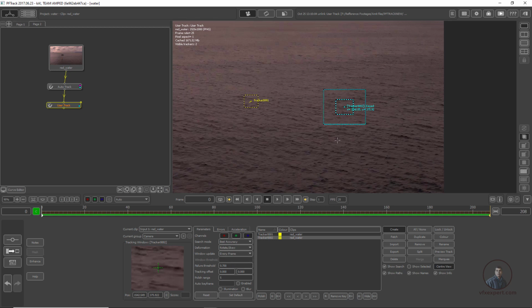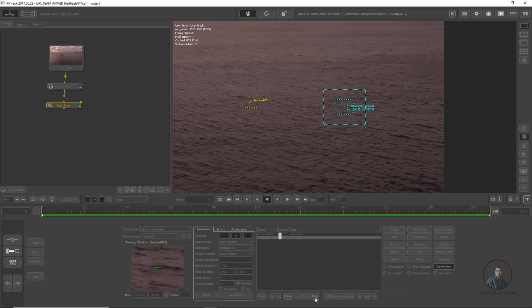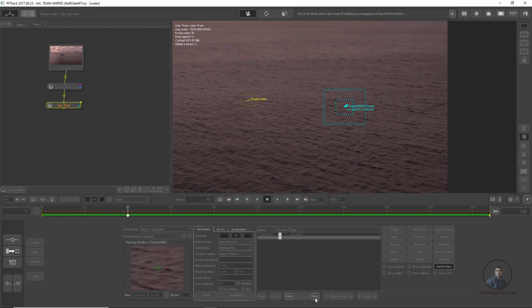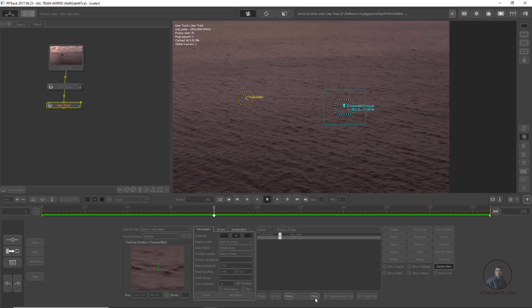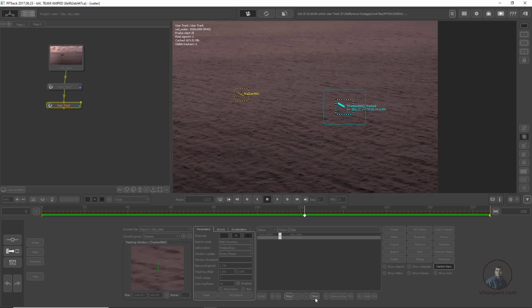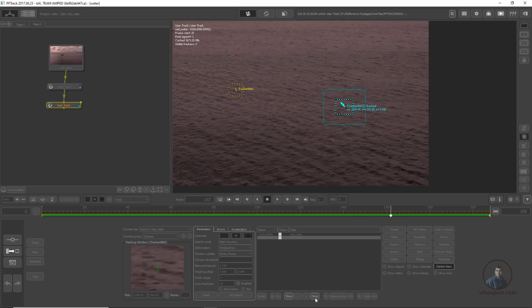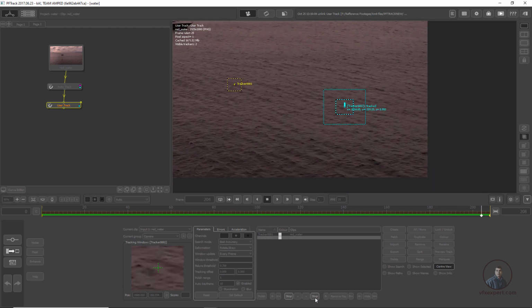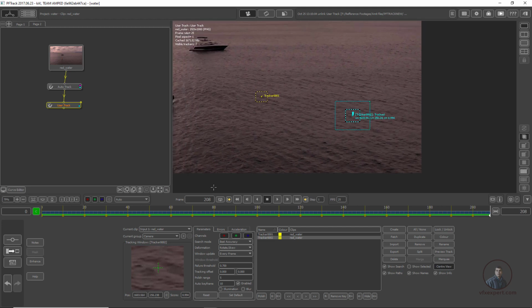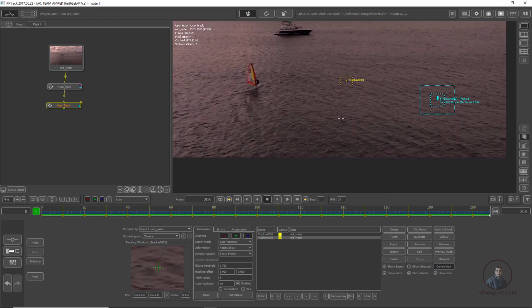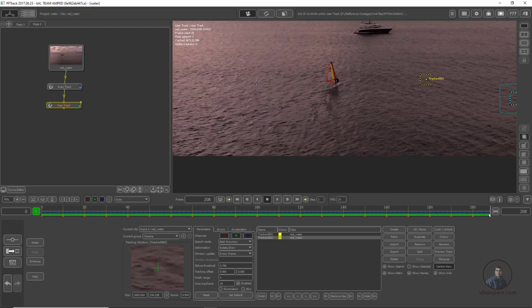For a little bit better result, I am going to enable one more option, auto keyframe. Enable this one, so every 10 frames it will generate a key. Okay, now check a little bit here and track this one. If you want, you can generate this key after every 5 frames.